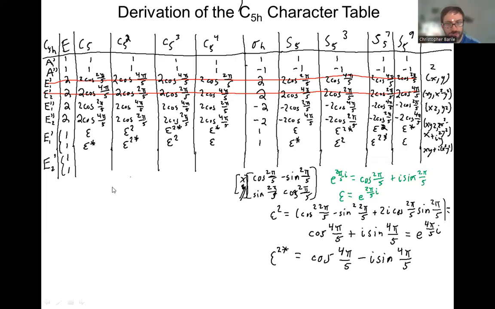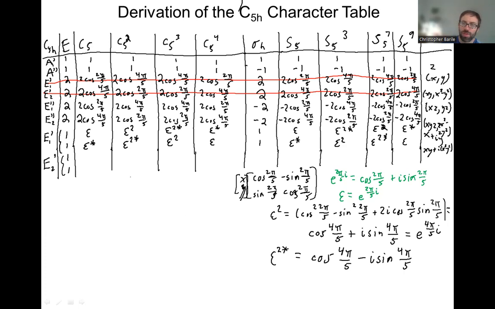So now we have to do the same sort of thing for the E2 prime vector. So I went ahead and crossed out this one because we're about to break that up. And we have to think about what function to evaluate here. And if you remember,